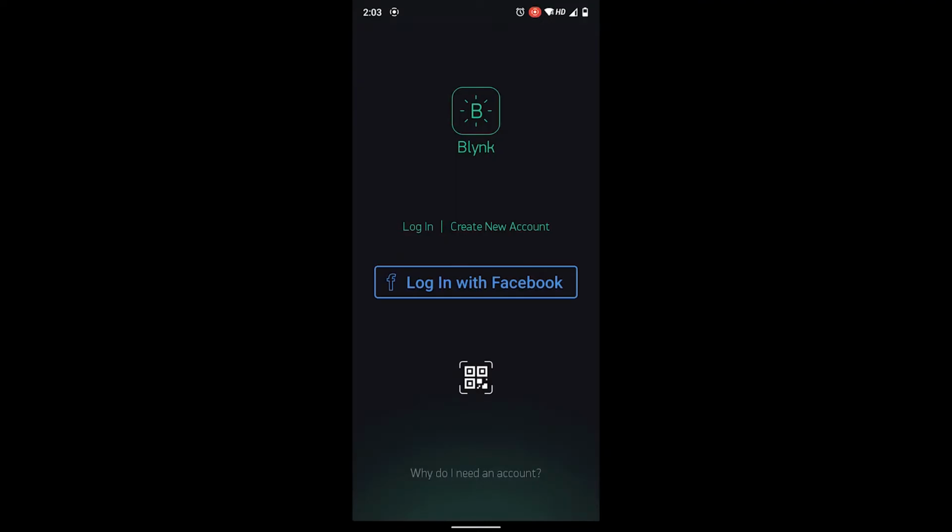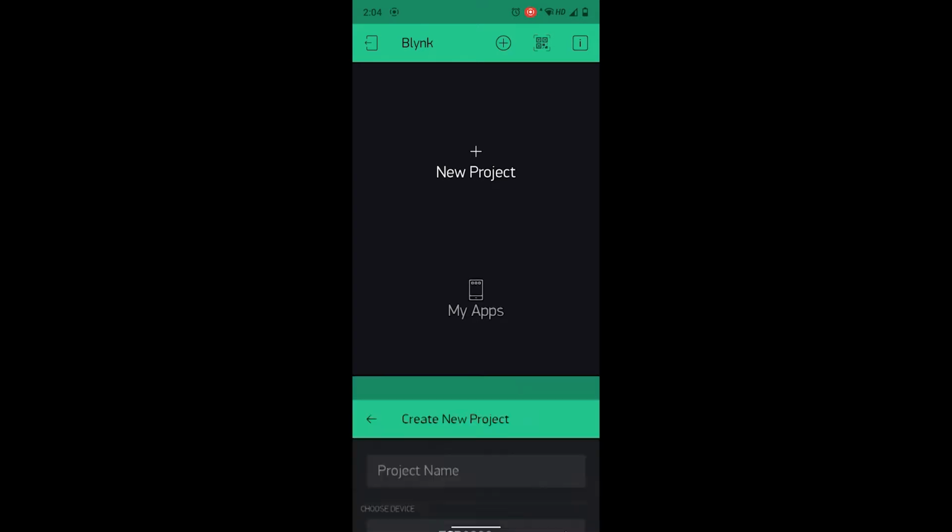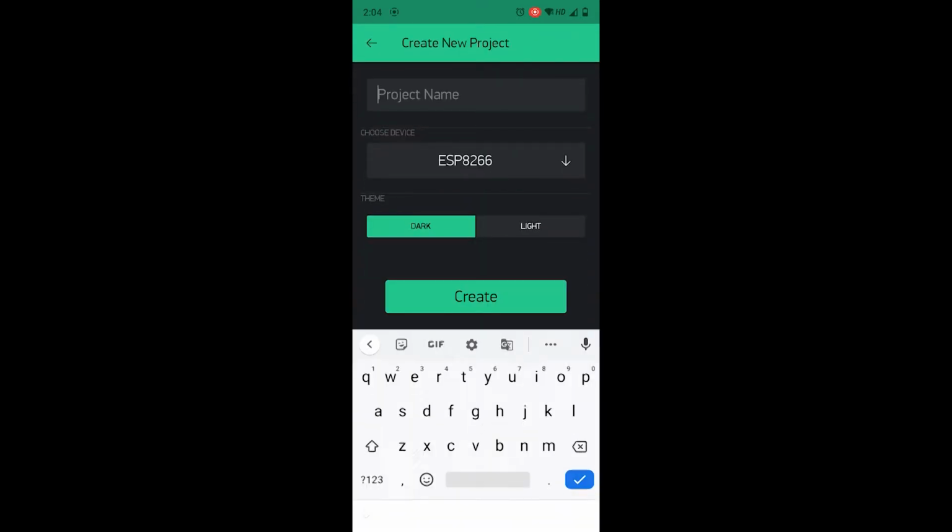After downloading the app, if you have an account already with Blink, log in to the app using those credentials. Otherwise, please do create a new account. Once you log in to the Blink app, you'll be presented with the screen. Click on that plus icon and the new project. Give your project a name.